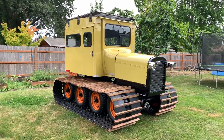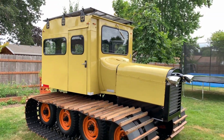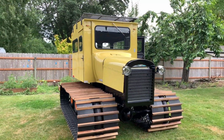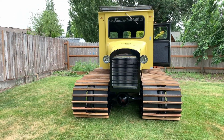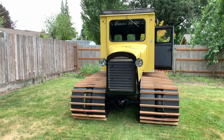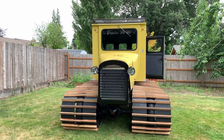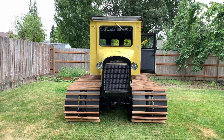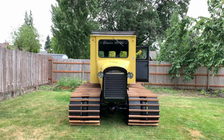So this is Frandee SnoShu Model E. It's a one of a kind Snowcat. It uses a 4x4 system. It uses Ford powertrain, and I believe those are GM axles. They're like a dually size, basically rear ends, one in the front, one in the back. So this is a four-wheel drive Frandee, as a lot of the Frandees were only two-wheel drive,